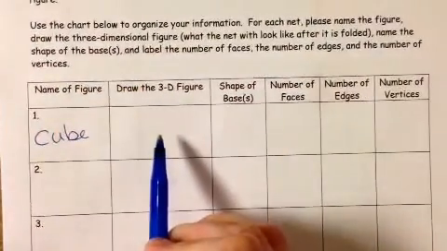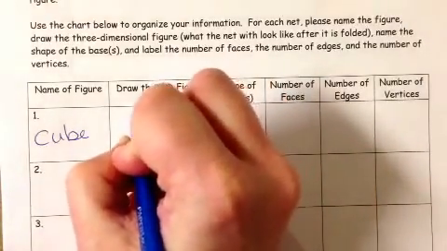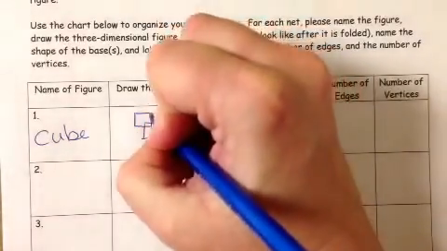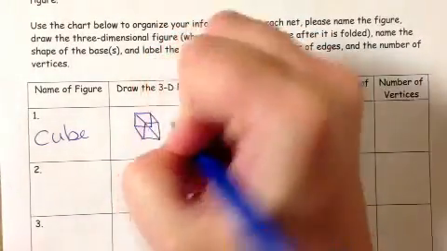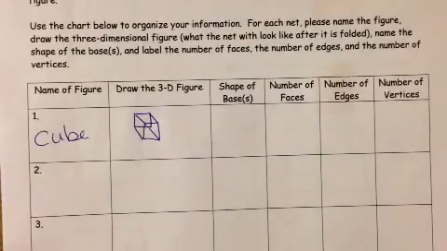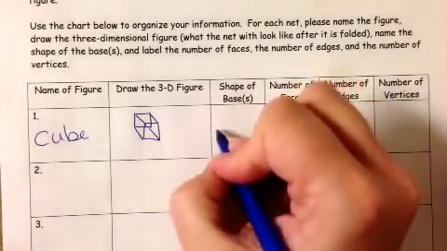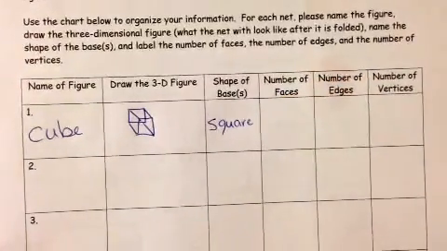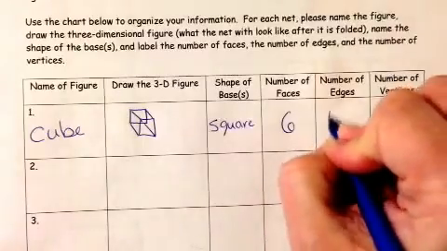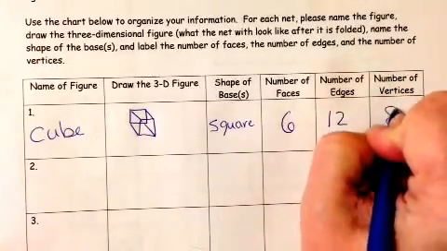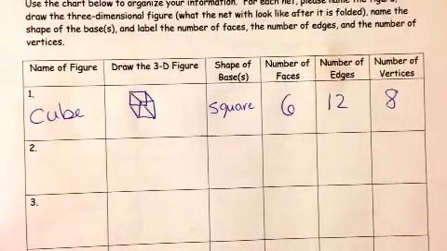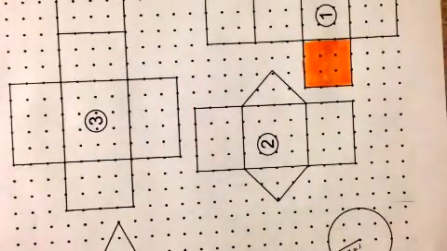And if we draw it in its 3D shape, it's kind of easy to draw it. If you draw a square, offset your square, and connect the vertices. So we get a cube. The shape of its base that we highlighted on the other page was this square. And it has 6 faces, 12 edges, and 8 vertices. If we go back, we're going to look for figure number 2 now. And figure number 2 is